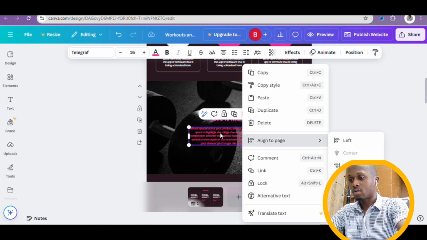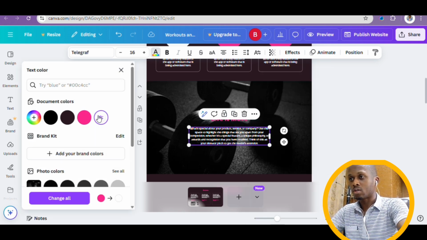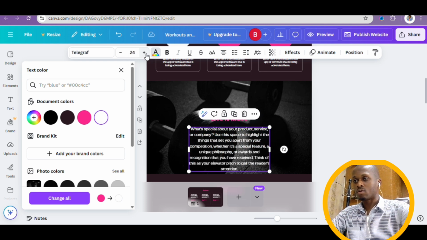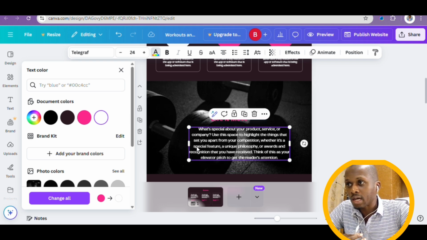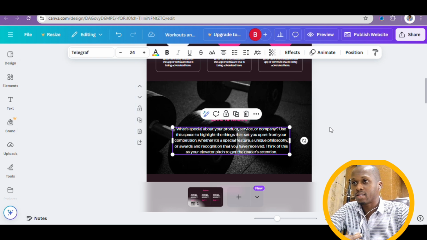I can change the color to white. White is better. I can increase the size of the font so it will be more visible to the eyes. Can drag it like this to make it more visible. Okay,